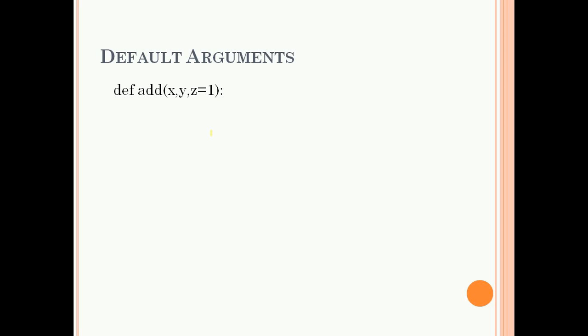So it is absolutely correct, no problem. Next, def add x, y equal to 4 and then the parameter z. You can see that this is totally illegal, because if we are using a default value for y, then we must give a default value for z also, because the rule is we must assign default values from right to left. Before assigning a default value for y, we must assign a default value for z, so it is illegal.